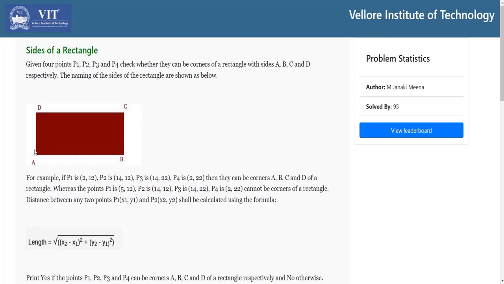The third point is that the length of the diagonal from A to C will be equal to the length of the diagonal from B to D. So the first point is that the lengths of the opposite sides are equal, and the second point is that the length of the diagonal drawn from A to C is equal to the length of the diagonal drawn from B to D. To calculate these lengths, we have to write a function to calculate the distance between